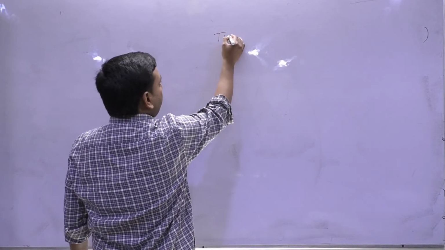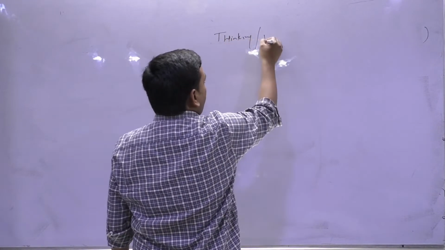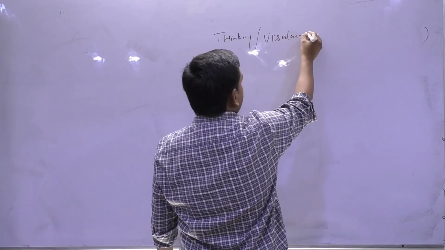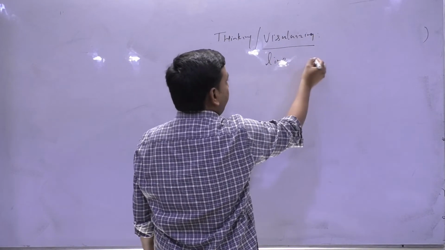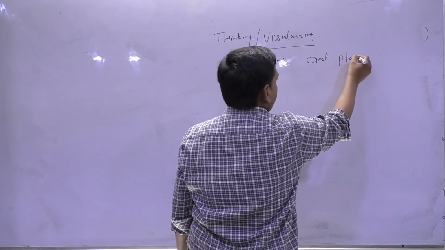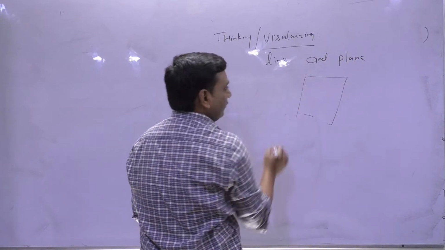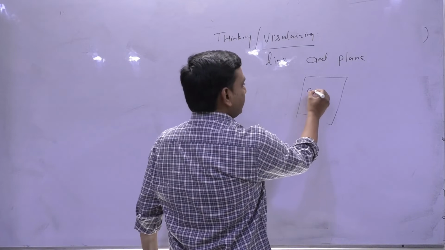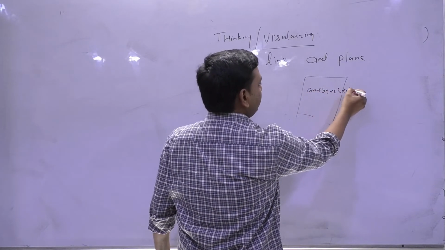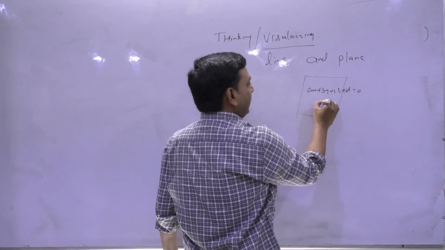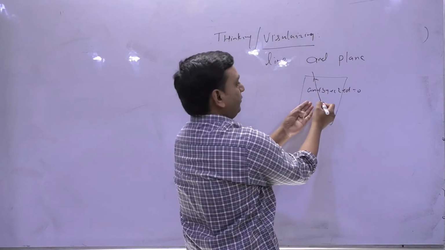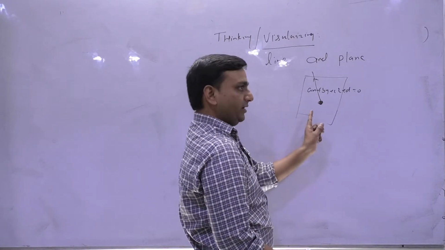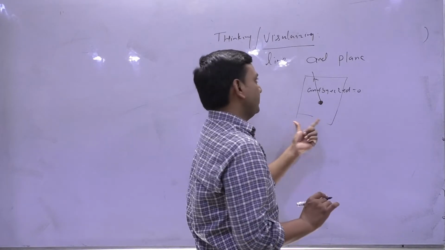So the crux, I will say, is thinking or visualizing line and plane. So what I told you, if you are talking about a plane, means this is a plane ax plus by plus cz plus d equals to 0. So plane के DRS means the DRS of the line which is normal to the plane. Clear? So these are basic points.